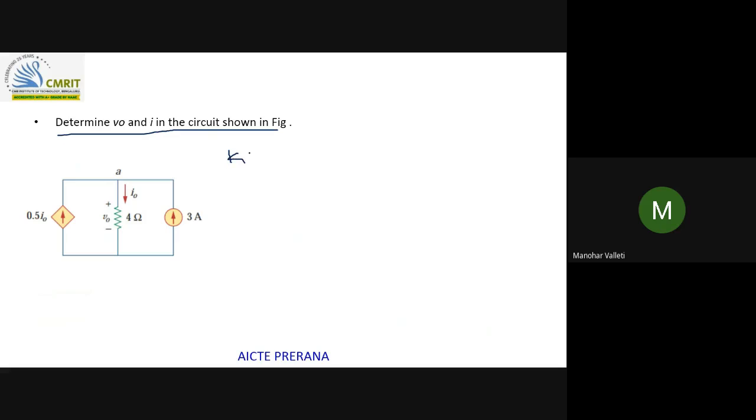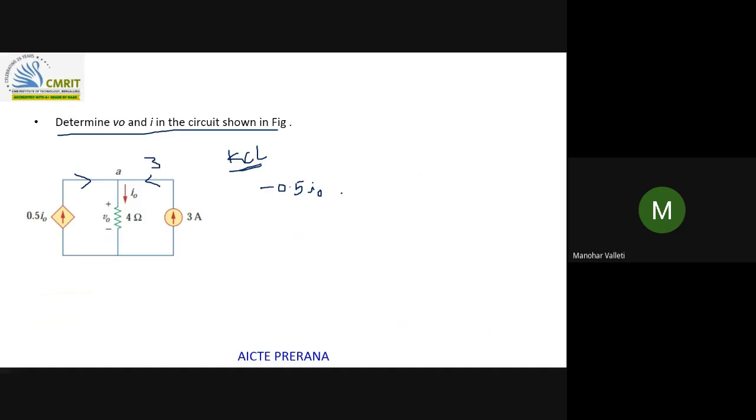So this is with the help of KCL. Shall I write like this? This is entering current. This is also entering current. This is leaving current. So minus, or you can write entering currents equal to leaving currents also, but I will follow the basic